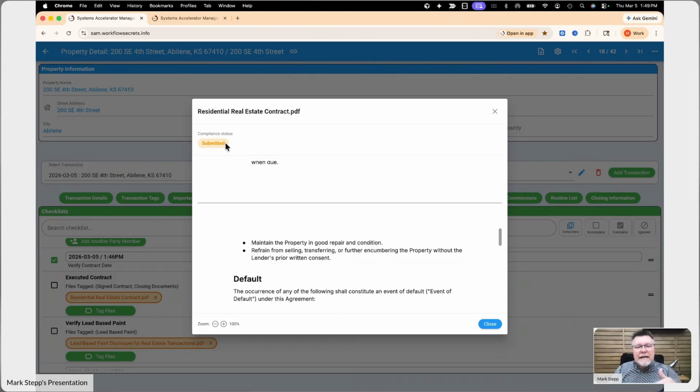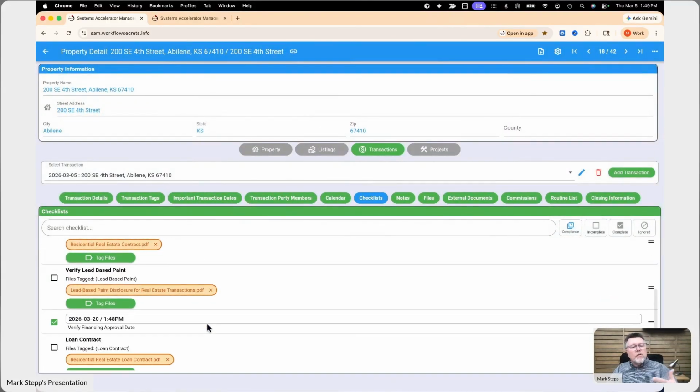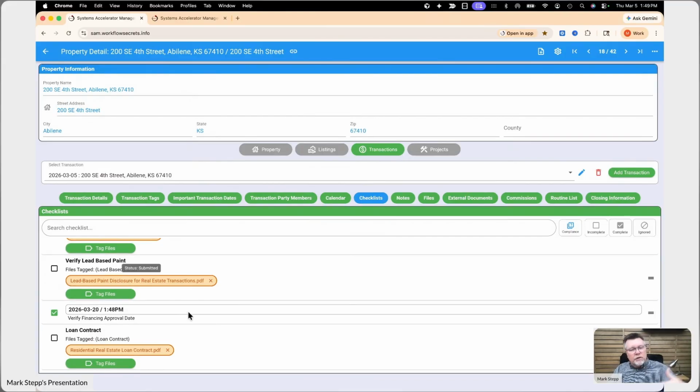I need either the broker or an administrator to actually approve it. Has it been approved? Not yet. It's just been submitted. So you, as the agent, go through and fill in all of your documents, and whenever you do that, some notifications will be set up